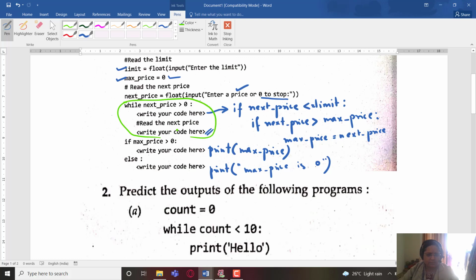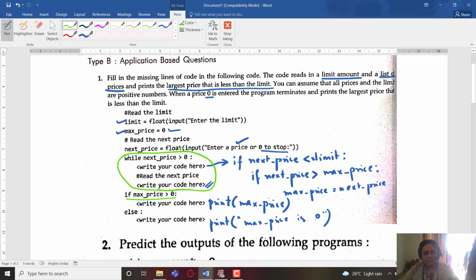It's confined to only this region. So this is the while loop scope. And this if statement lies outside that scope. That means after the max price is deduced within this loop, then only we are going to check this condition. So these are the types of questions which you can get in your exam.